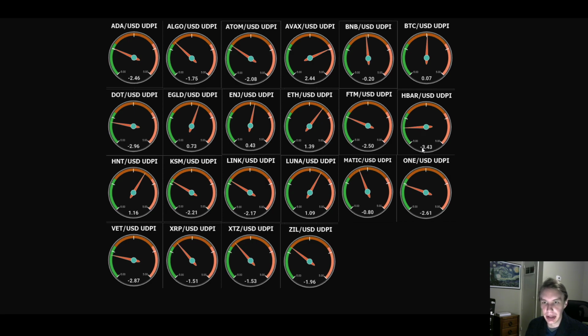Look at Phantom, look at HBAR, which is even further below. Look at DOT, which is quite far down there. It's not to say that ADA is not unique in being in these low risk levels. And so one of the things that I think is important to think about is that if we're going to